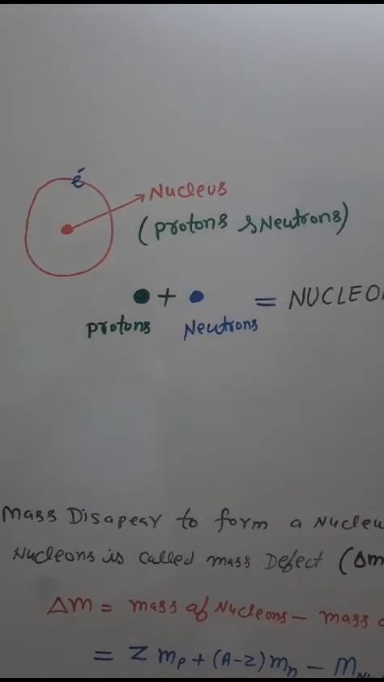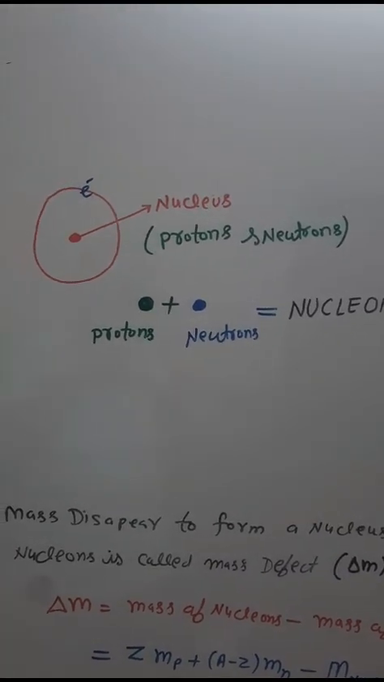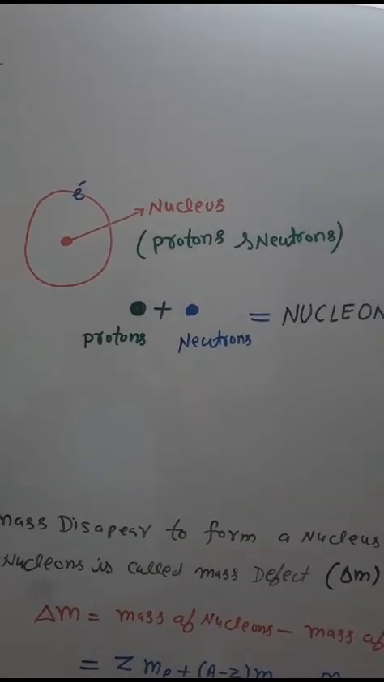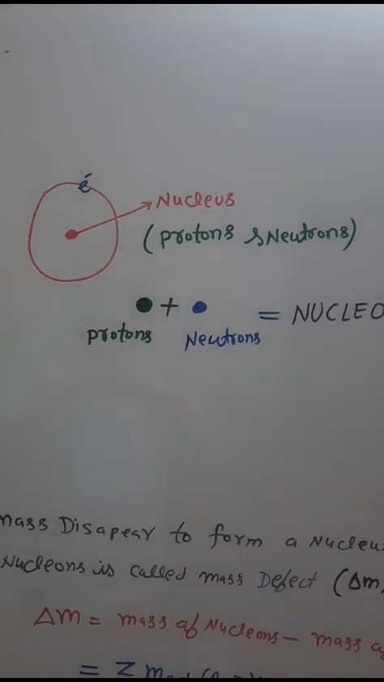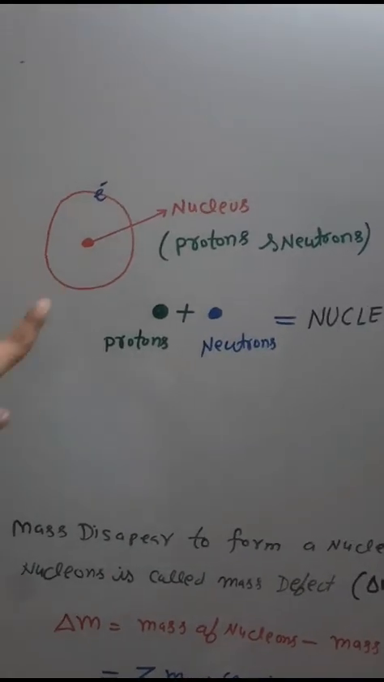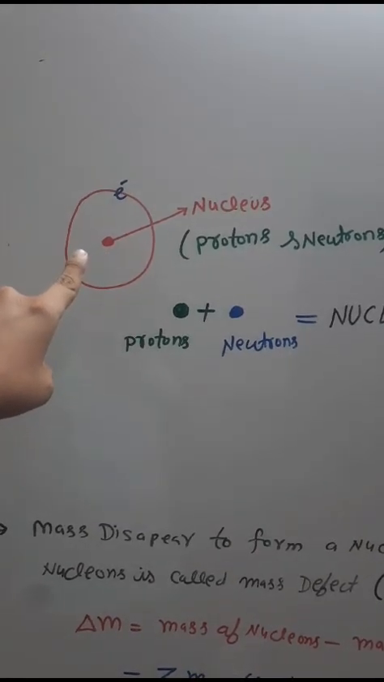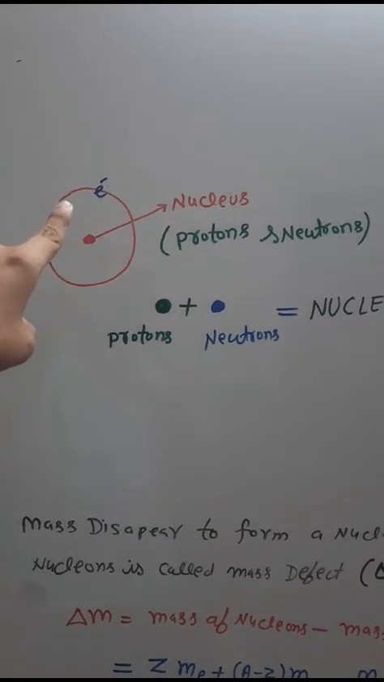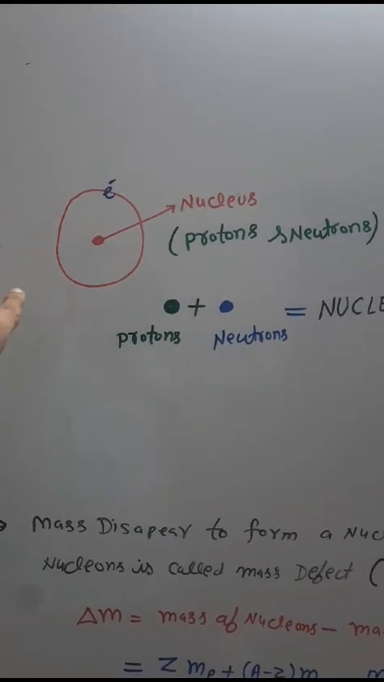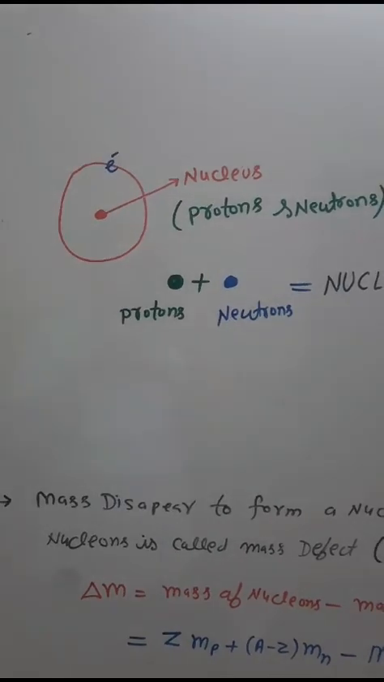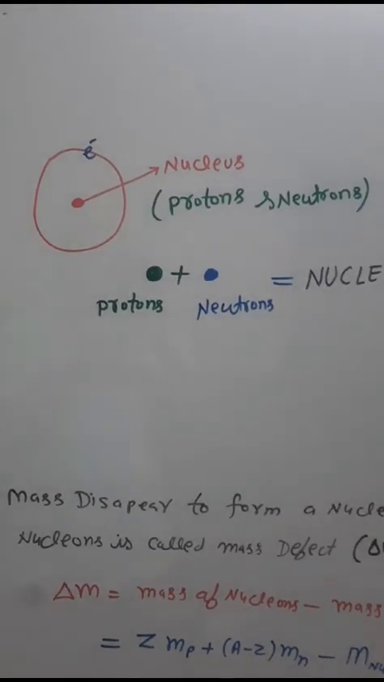Hello student, today we are going to discuss mass defect and binding energy, one of the critical topics in class 12th. You can see that this is the atom, and the center of the atom is a nucleus, and in orbit electrons are revolving around the nucleus. The nucleus contains two important